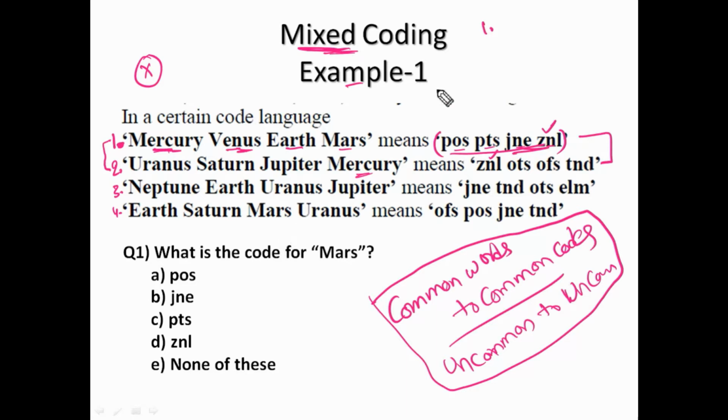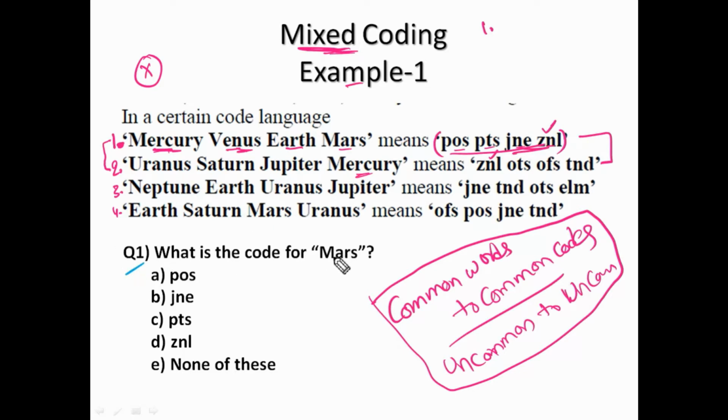Sometimes he may not give this question for 5 marks. He may give for 1 or 2 questions. So in that case, if you find all the codes, what is the use? That's a waste of time, right? For only one question or for only 2 questions, processing all the information is a waste of time. So even if the question is given for 5 marks, no need to process the complete data. Just go to the question. Immediately after observing this type of question, no need to process any data, directly come to the question.